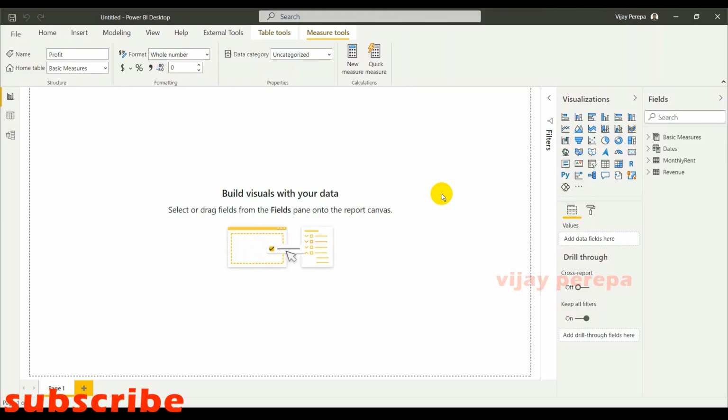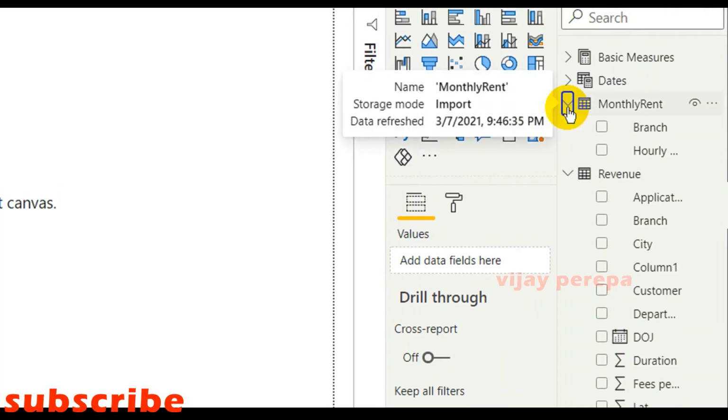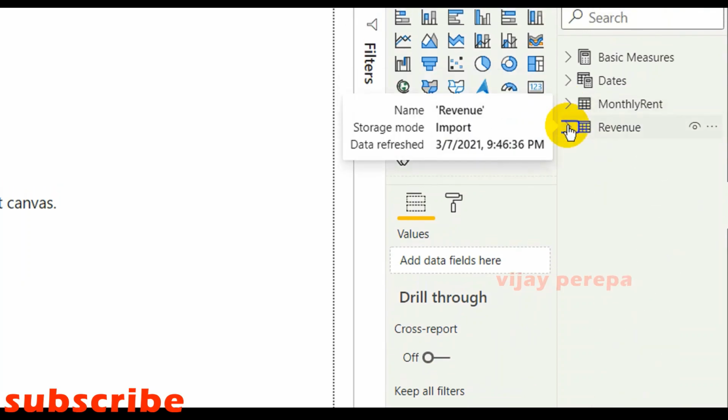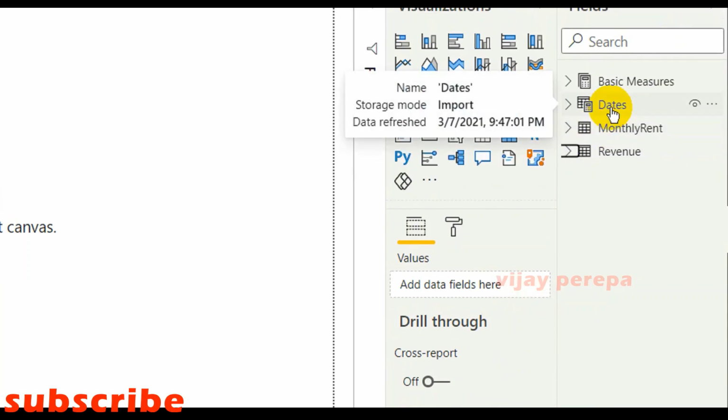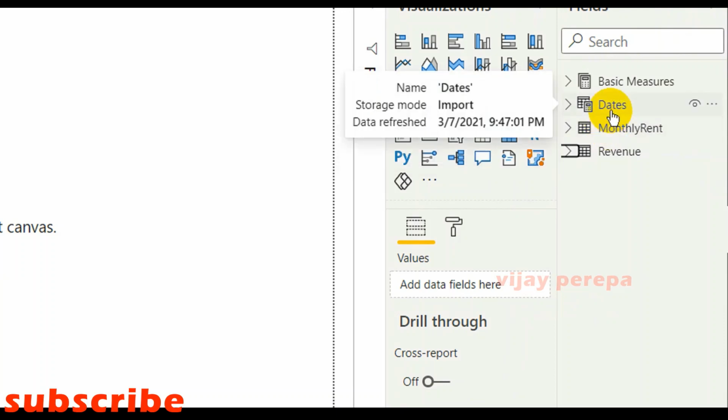To begin with, I have taken a sample data set containing two tables. One is a fact table, revenue, another one a dimension table, monthly rent. And I require a date dimension, so I have created a date table with the name dates, and this is very important. While creating a date table for any model, I follow a single name, dates.